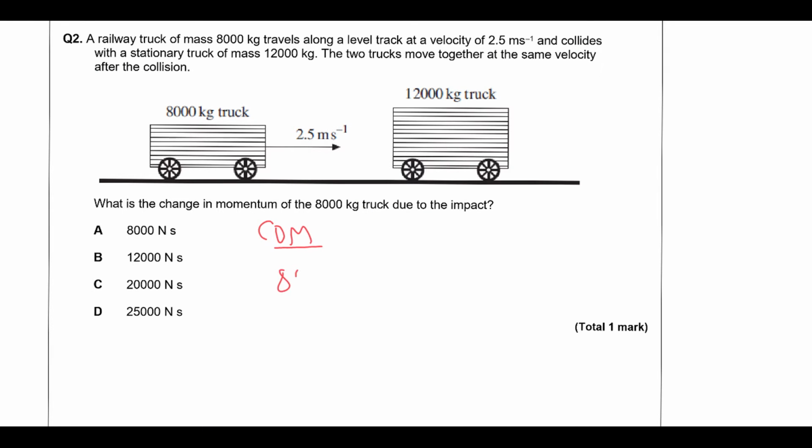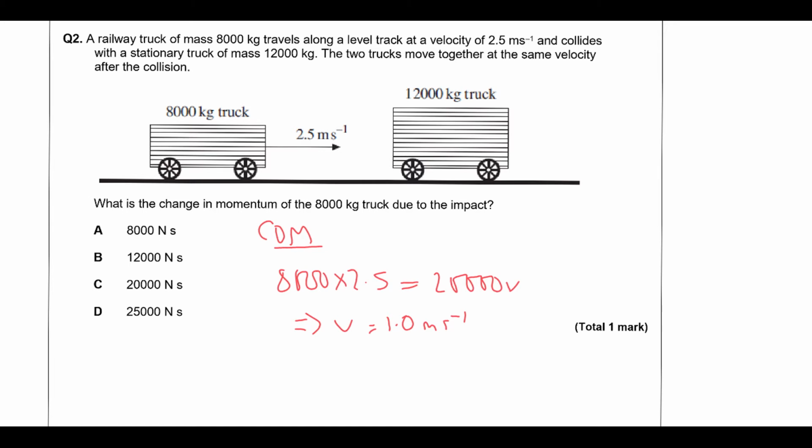So 8,000 times 2.5 is the total momentum before, and the combined mass is 20,000 times the velocity, which gives us a velocity. Let's just calculate that. So 8,000 times 2.5 is 20,000, so it's just going to be 1